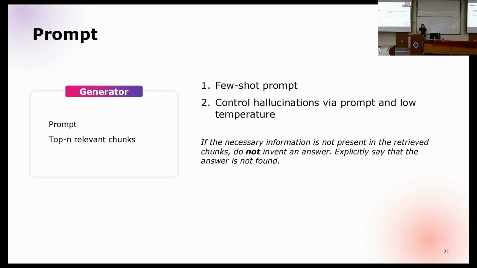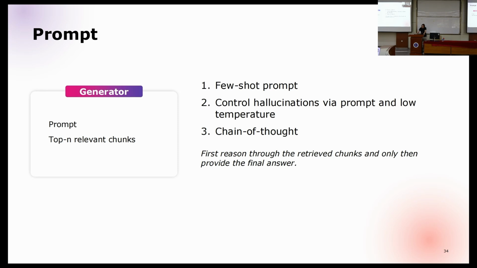Then there are simple, straightforward ways to control hallucinations directly with hyperparameters. For example, you can set a low temperature, and you can do this directly via the prompt. You can just ask the model not to invent an answer, to say that the answer is not found if it's not found, and that helps. Next is chain of thought. Also a simple idea, you just ask the model to reason through the retrieved chunks, to do step-by-step thinking,